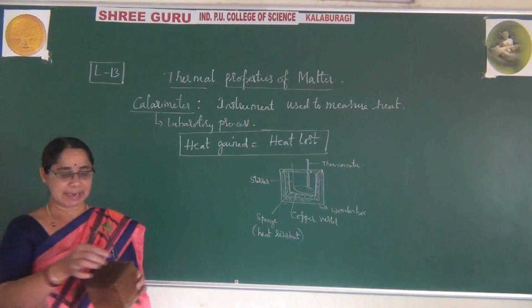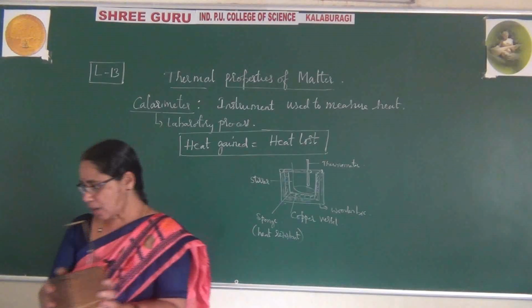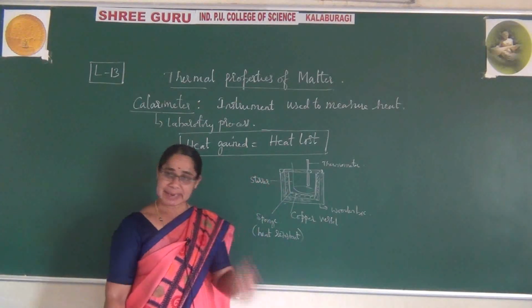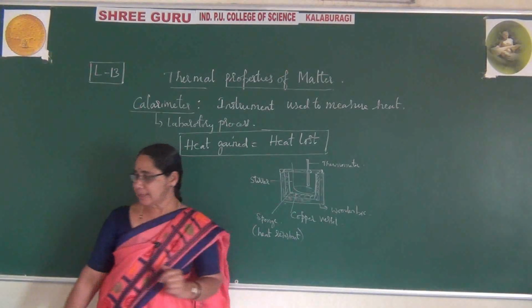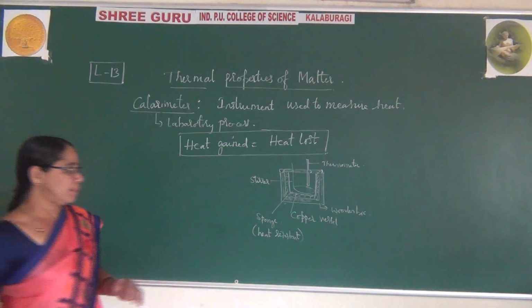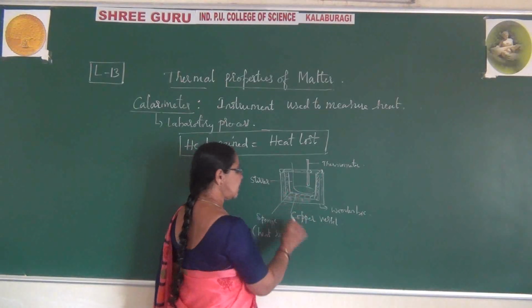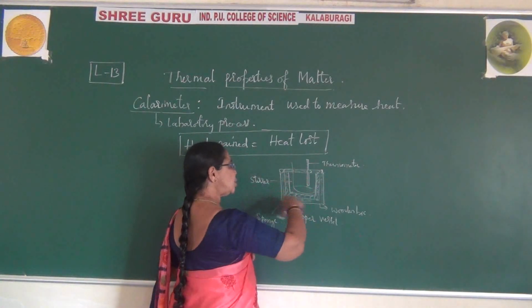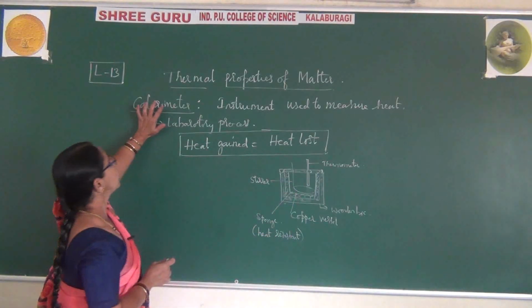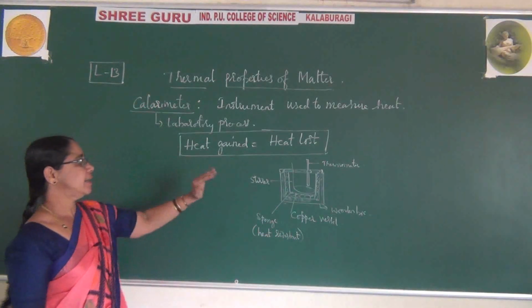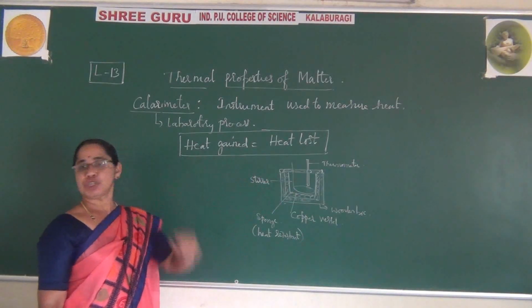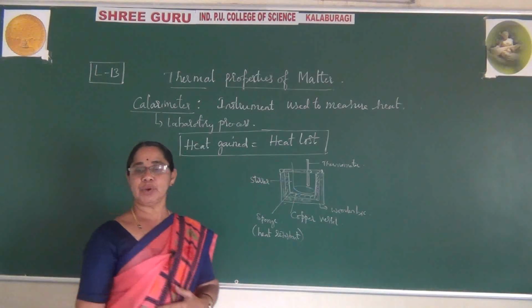So now it is completely packed, right? This is how we have the copper calorimeter. This complete instrument is called a calorimeter. But remember, only this vessel itself we call the copper calorimeter, while the complete instrument is called the calorimeter. It's a device used to measure heat in the laboratory. Now this is the instrument we have. Now what are we doing?